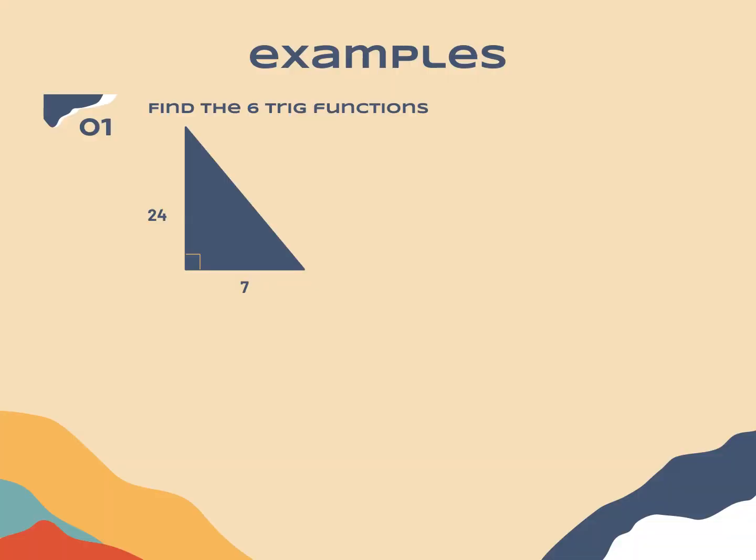Here's my triangle. It wants me to find the value of the 6 trig functions, and I'm going to add variables here. So I'm going to put an A here, a B, and then I know it's kind of hard to see, but the right angle is right here at angle C. So let's find the 6 trig functions in relation to